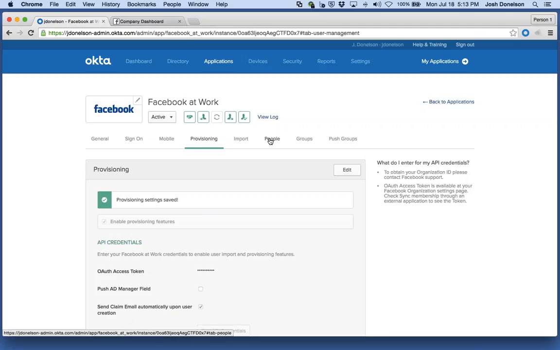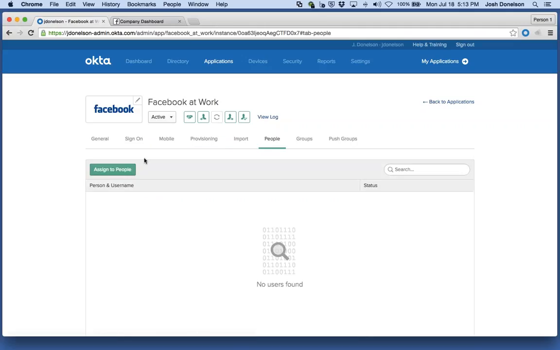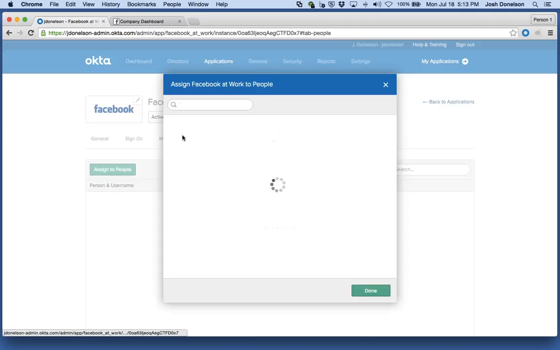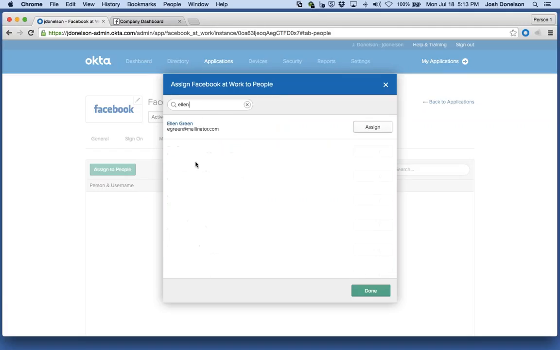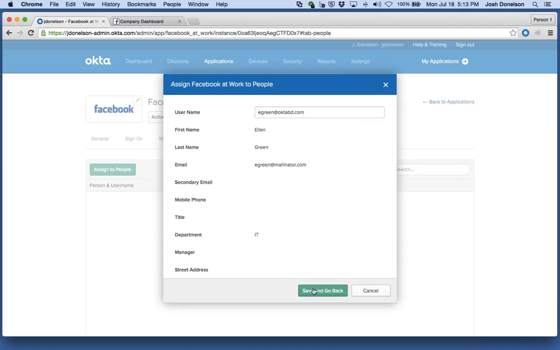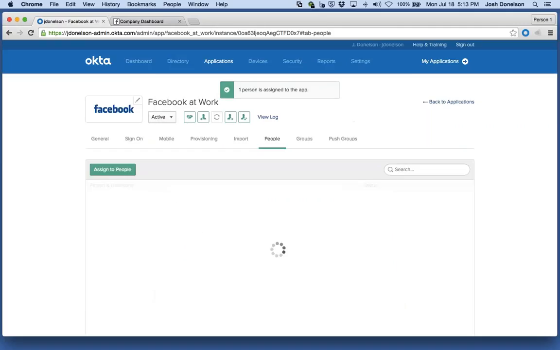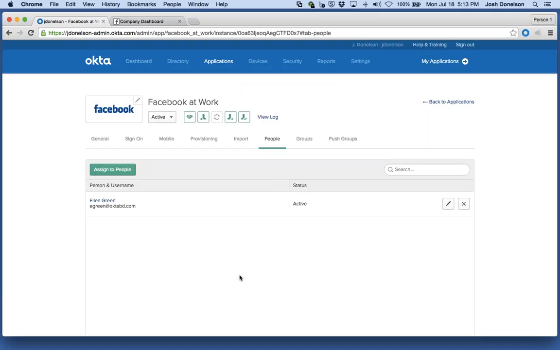Back in Okta, I come to the People tab. Then there's this big green button here that says Assign to People, and we will find one of our test users to illustrate the concept. So Ellen Green is ready to go. So I click Assign and Save. From an Okta perspective, we now consider Ellen Green to be a managed user for the Facebook at Work application. Because she's a managed user, she will then behave according to the settings that we set up